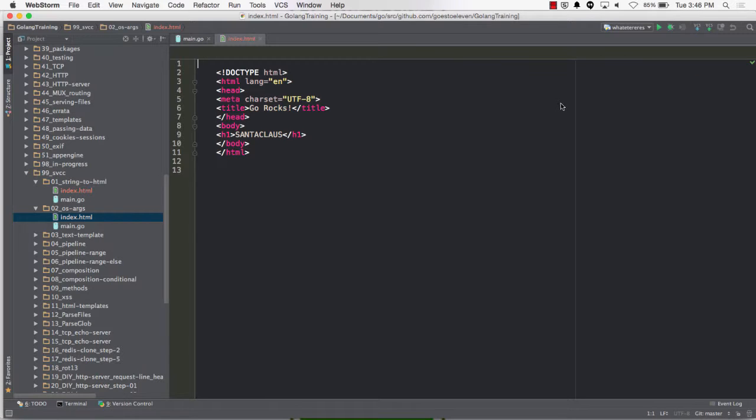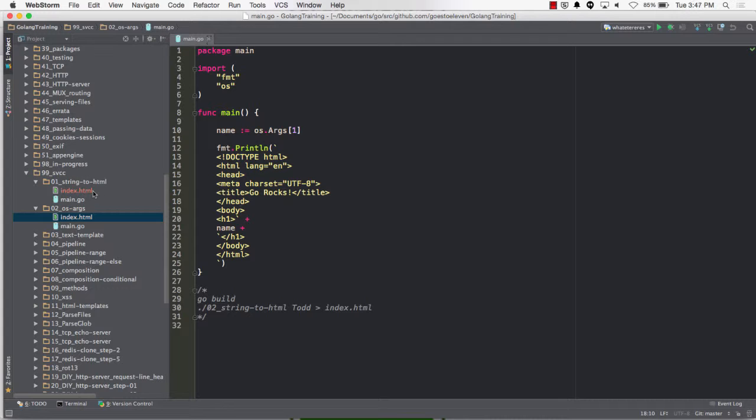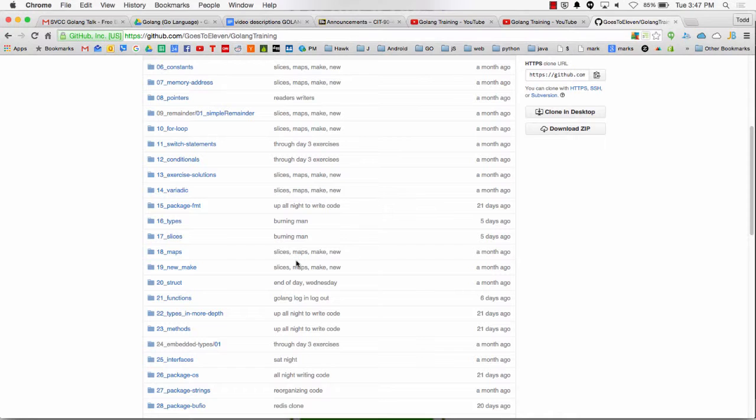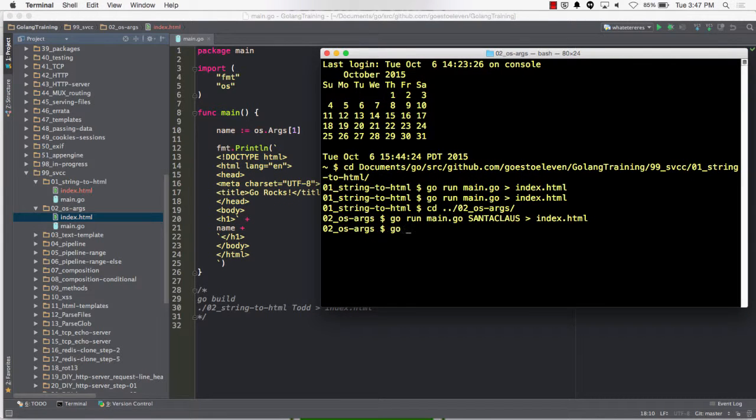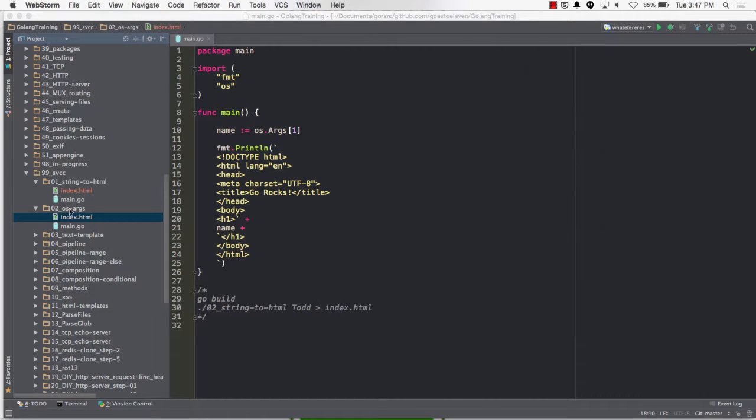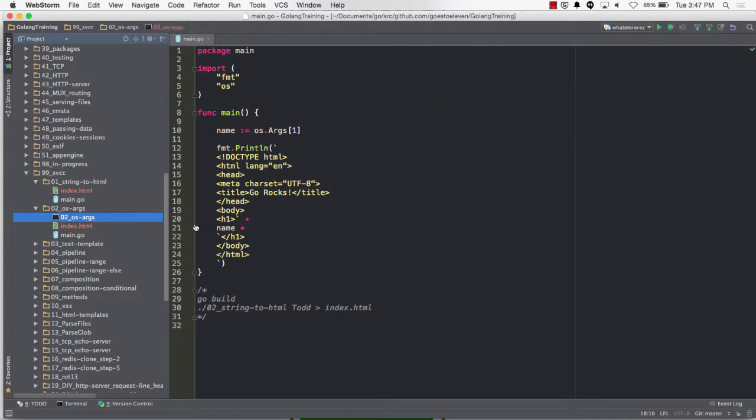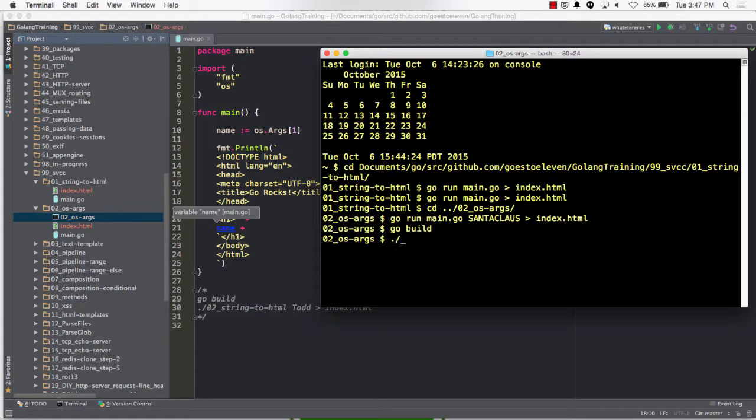All right, so we're going to start switching gears and going a little bit quicker. You could have also built that, right? That's the way I did it before. So I could just do go build, and then it drops the binary in there. So now I have that O2 OSArgs as a binary executable, and I can say O2 OSArgs and